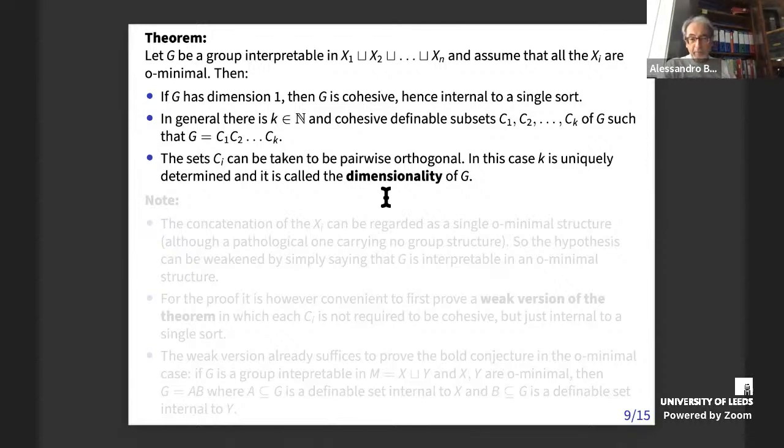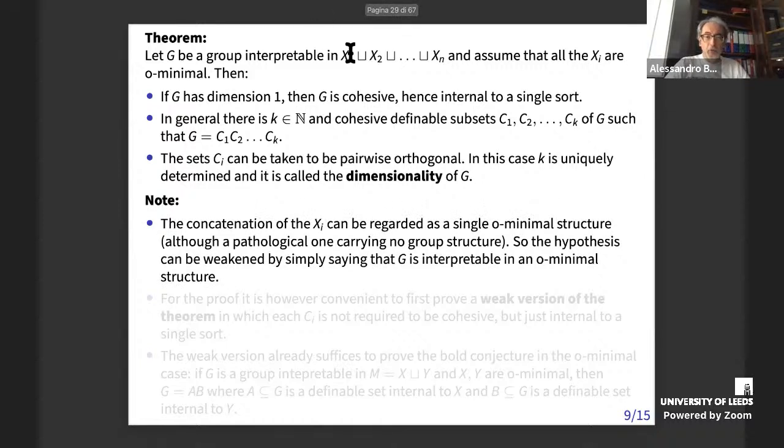I chose the word dimensionality because Kobe, Udi, and Pillay in a paper spoke about unidimensional groups, and this is exactly what it is. One dimensionality means unidimensional. Unidimensional intervals. So it's a generalization of that. Okay,